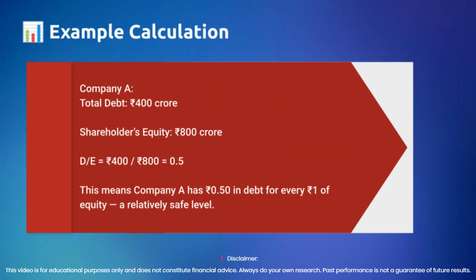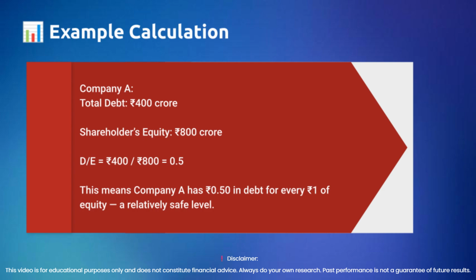Example calculation: Company A. Total debt, 400 Indian rupees crore. Shareholders' equity, 800 Indian rupees crore. D/E equals 400 / 800 equals 0.5. This means Company A has 0.50 Indian rupees in debt for every 1 Indian rupee of equity, a relatively safe